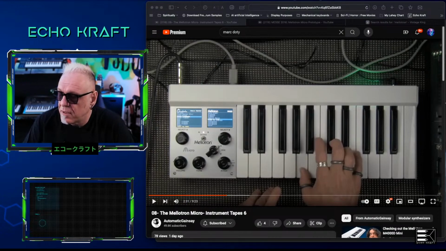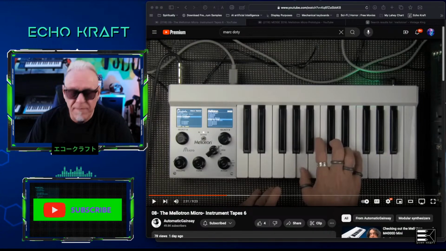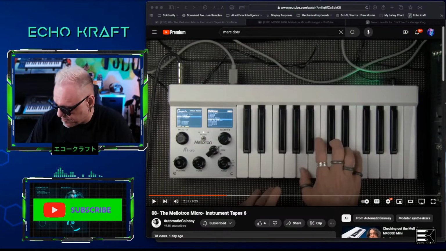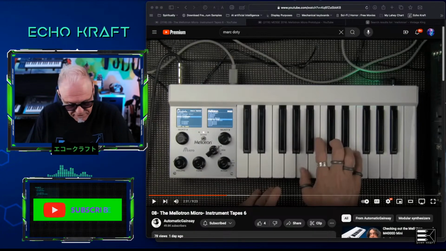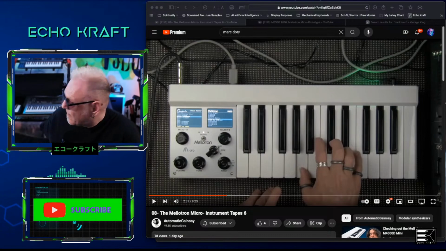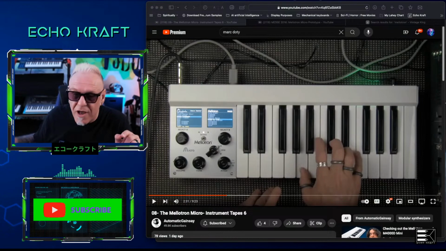But what am I using to control Logic? I have a Sequential Circuits Dave Smith Instruments Rev 2. That's my main keyboard, what I use for a MIDI controller, because I just like the way it feels. However, I'd like to hook the Mellotron VST up to the Osmose to see,